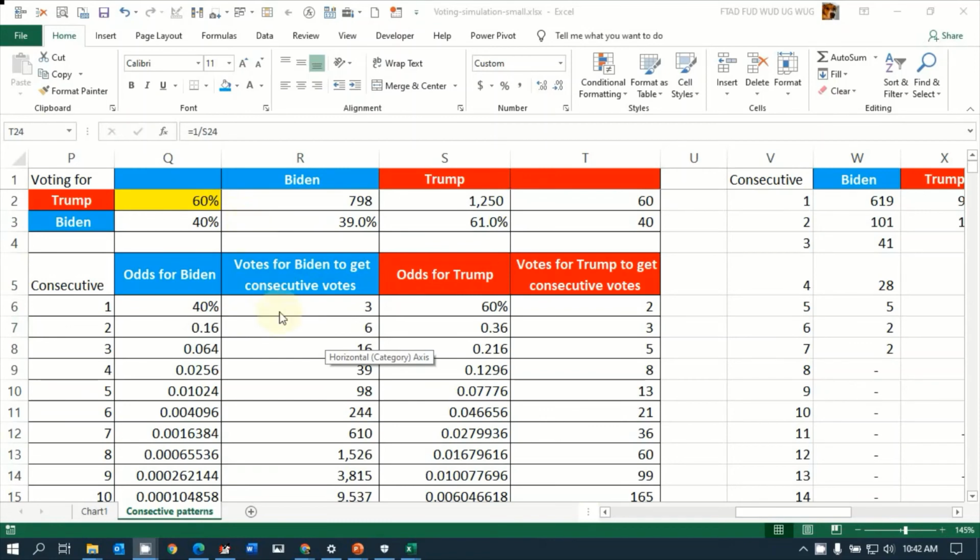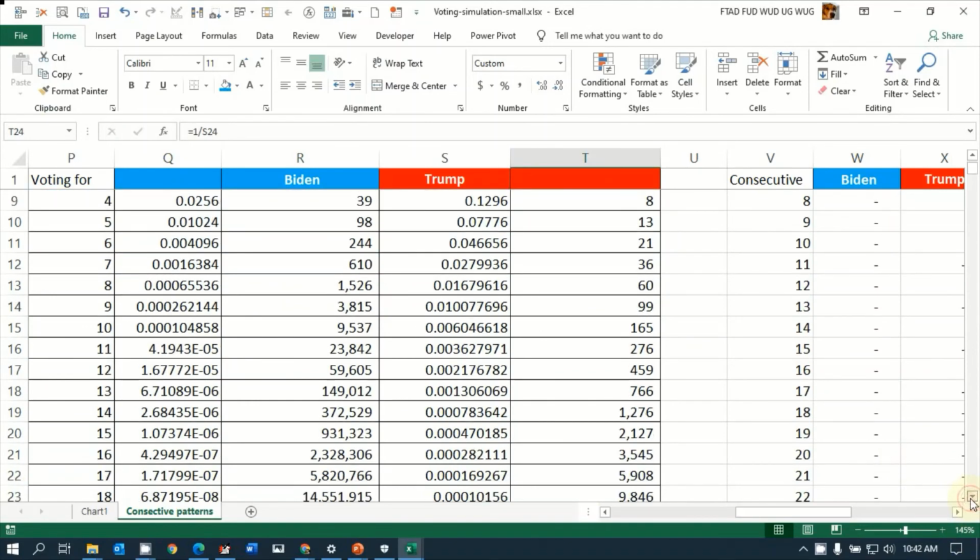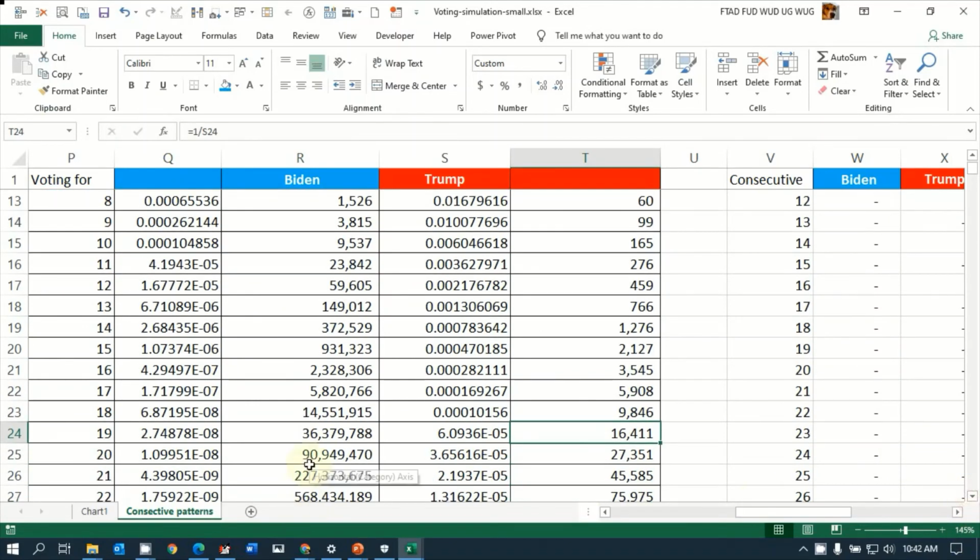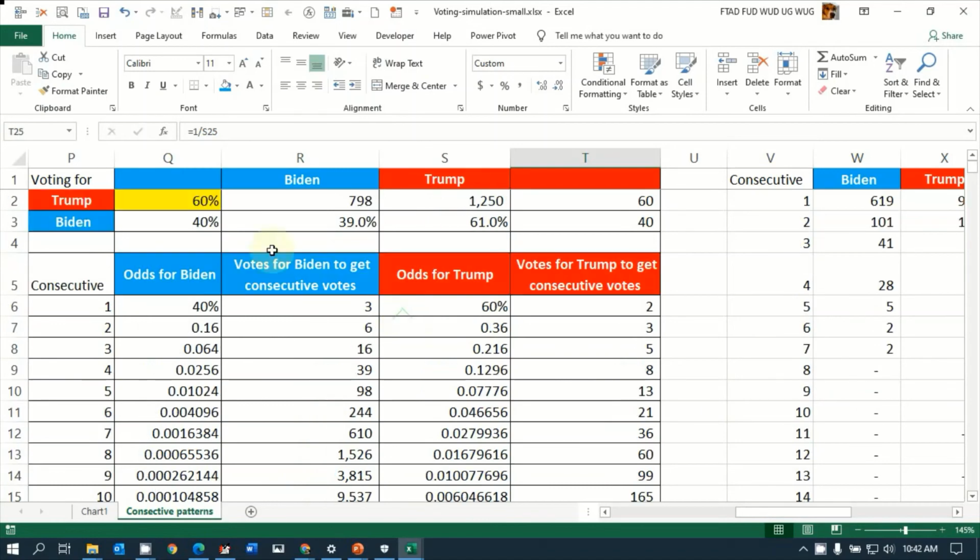So now Trump is at 60% of the total and Biden at 40% of the total. We can see that to get 20 in a row, Biden needs 90 million votes. Trump only needs 27,000. So it just shows you how quickly you can detect fraud from the results. If there were too many votes in a row and it wasn't random, because it should be random,